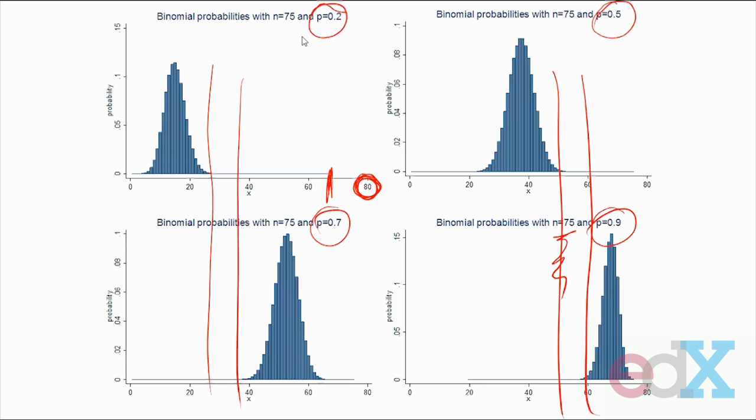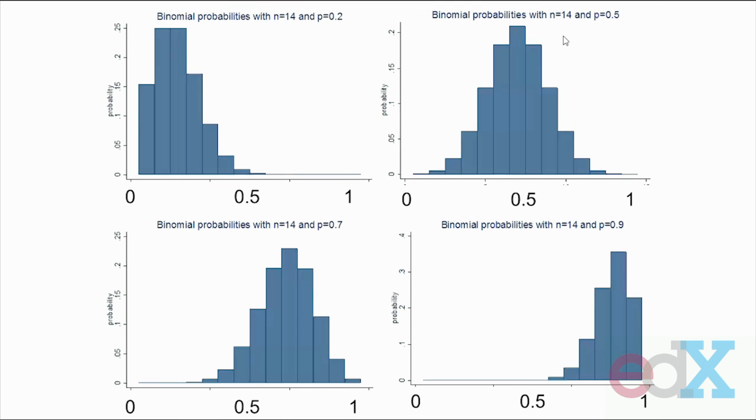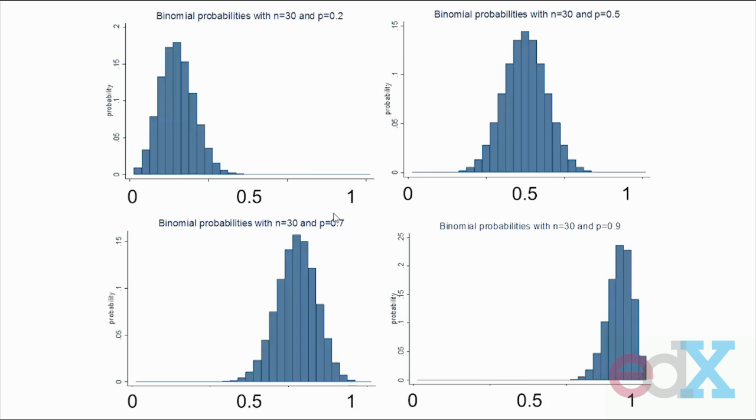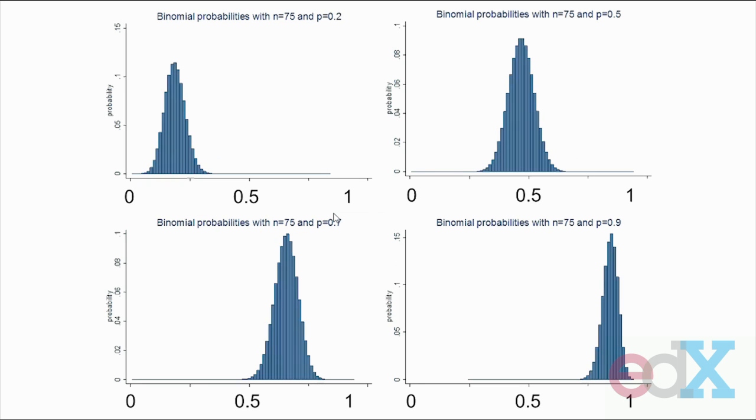All right, let me fix that by dividing by the maximum value x can take. So let's divide by that, and let's go back to n equals 14, and now when I'm dividing by n, the maximum value it can take is 1. So here it is the same scale. So it's not a question of scale, it's just that this is getting closer and closer. But now when I divide x by n,